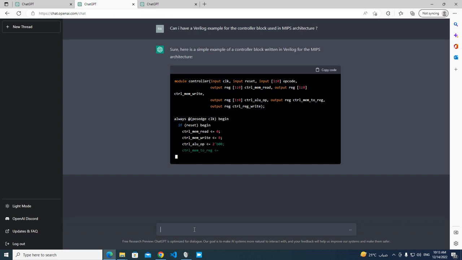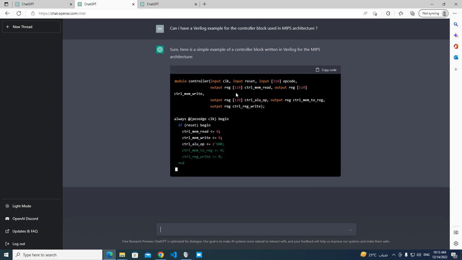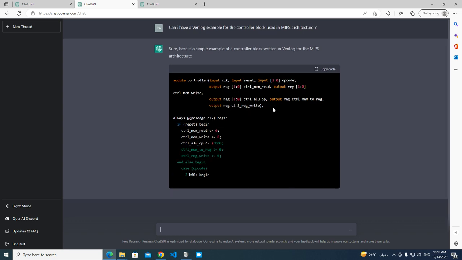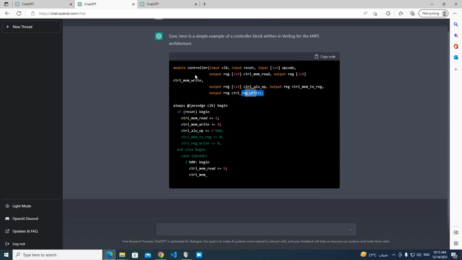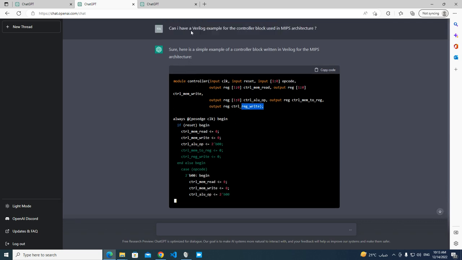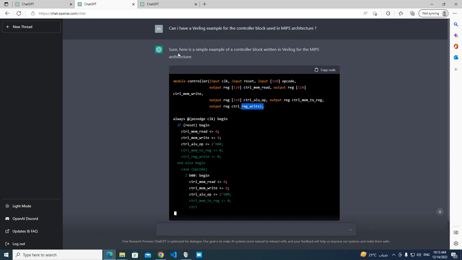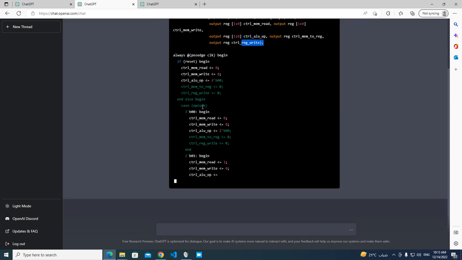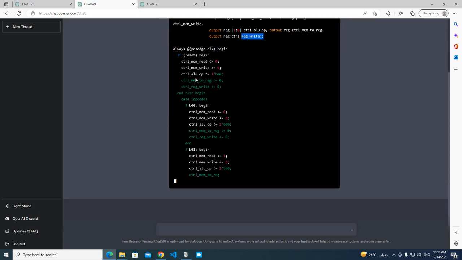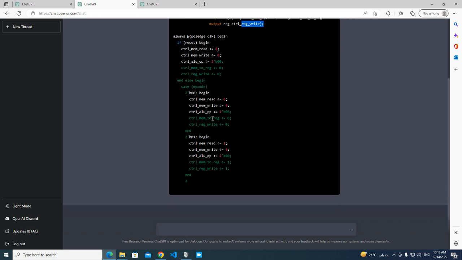So this actually looks really, really good. And the interesting part is that for the same question, it gives you different answers. So I think it's learning what you really need from the block. So it's designing the block right now.